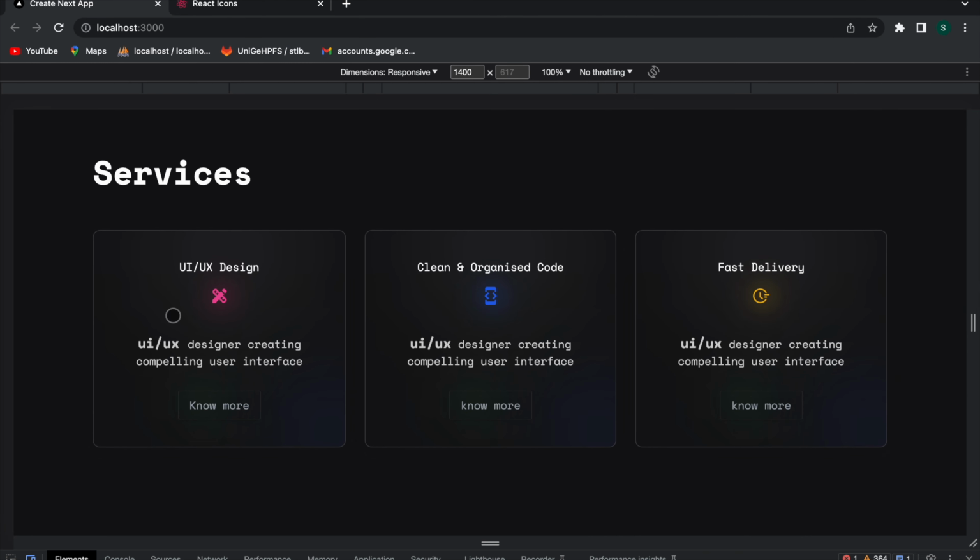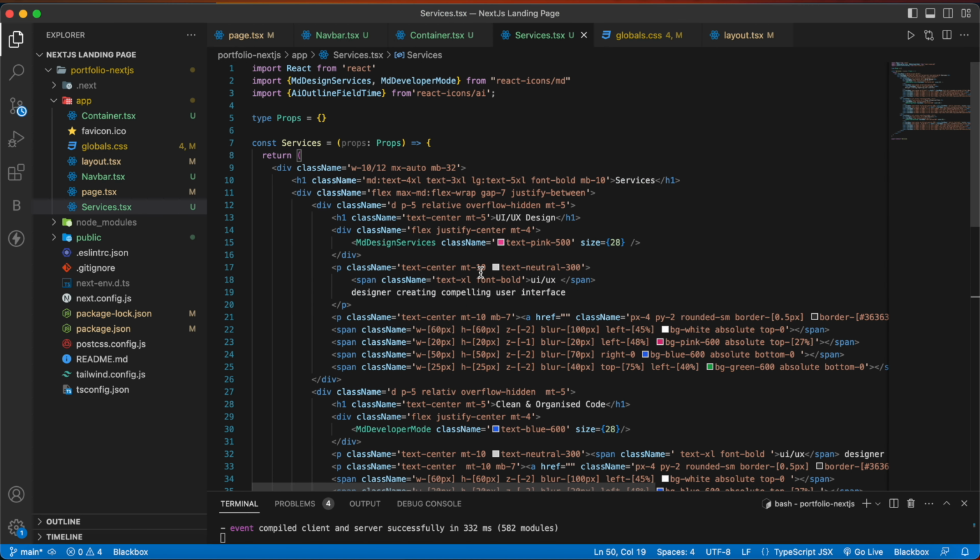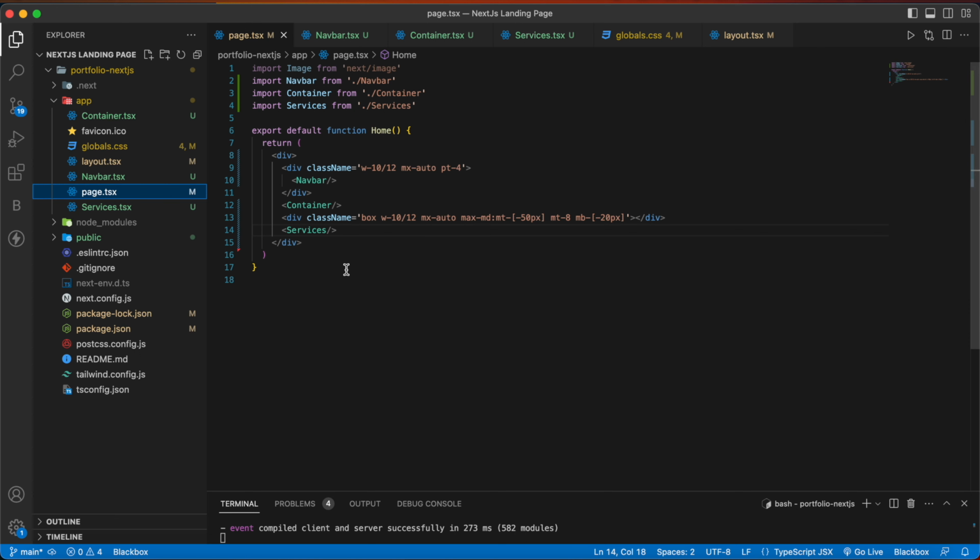Now we have to work on our project section. And here let's remove this margin bottom because we don't need that. And for our project section, let's go back to the page.tsx and copy this line and paste it here and remove this CSS.